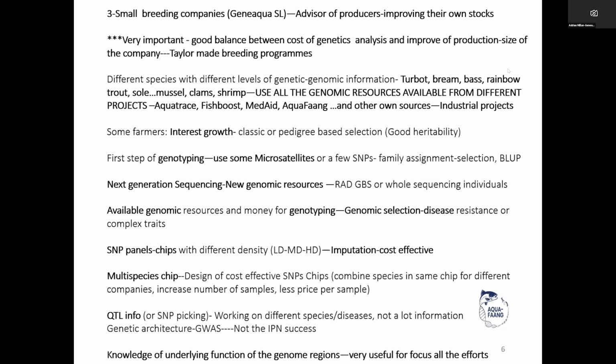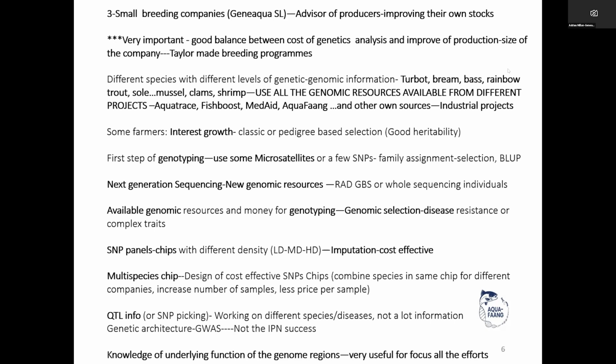But, well, we don't know this in Senegal sole probably yet, but with next generation sequencing, we could get new genomic resources, no? Like with the RAD techniques for genotyping by sequencing, or also whole genome sequencing of individuals to get a lot of genomic resources for genotyping. And then if you get a lot of SNPs across the whole genome, you could do genomic selection, no?